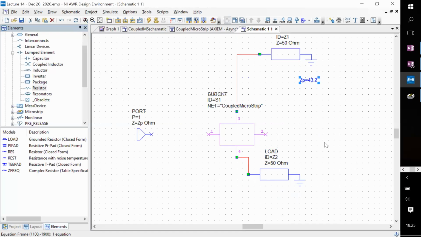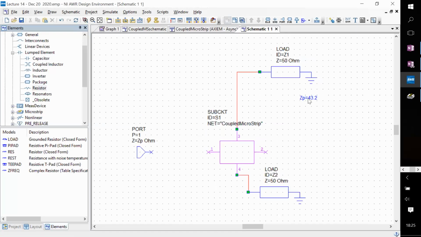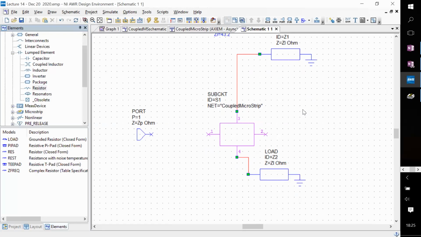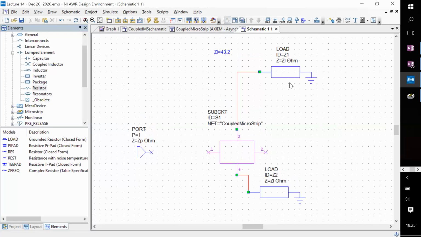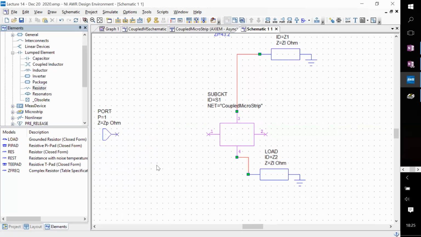And let me... Z load. Okay. So I've just terminated 3 and 4, just like we had before. Earlier, the termination was coming from the ports itself. So I've just now put, I don't want to call it a port, so just put a load there. But for 1 and 2, instead of having 2 separate ports and how we did it before, I'm going to use a device which is